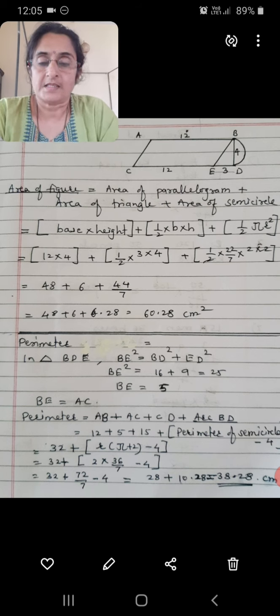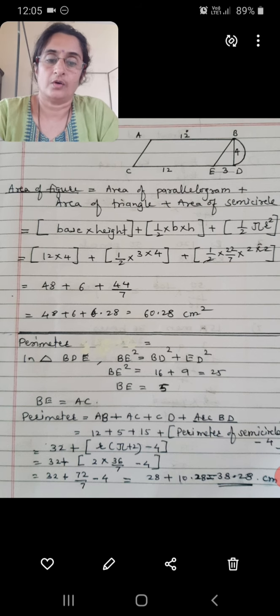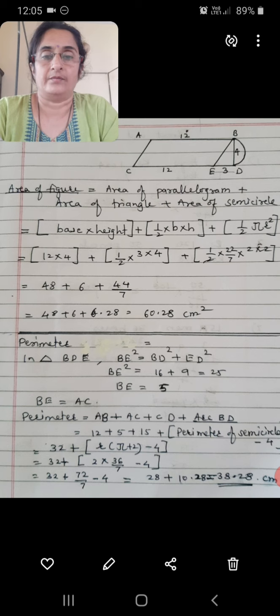Go through all these sums once again, children, and the remaining sums you have to solve on your own. If you have any doubt, let me know. So we are done with the lesson Area and Perimeter of Plane Figures, that is 23A, B, C, D. We are done with that. Complete the lesson and be ready for the next chapter. Till then, take care.